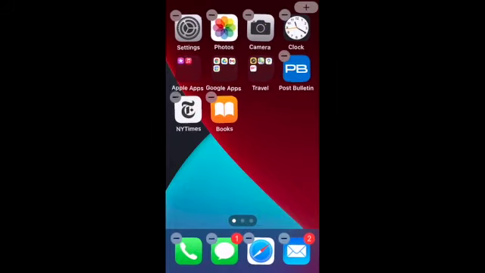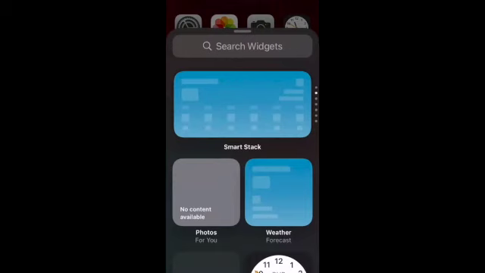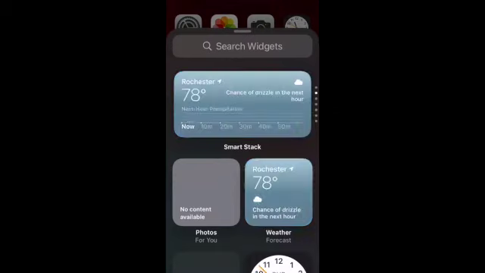But now if you want to get widgets, as I said earlier, that's that plus sign in the top right side of your screen. So if I tap on that, I'll see which widgets are available. And you notice that the very first widget that shows in my list is a smart stack. And that's something a lot of people don't understand that can be really useful. A smart stack is what it maybe sounds like. You can think of maybe